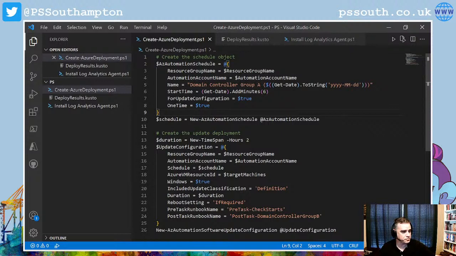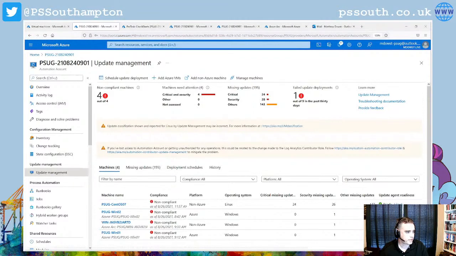Okay, so again, we'll see all these parameters in more detail in the actual console here in just a second. But I just created it in my other one, so our deployment is there now. All right, so if we hop over to Azure,